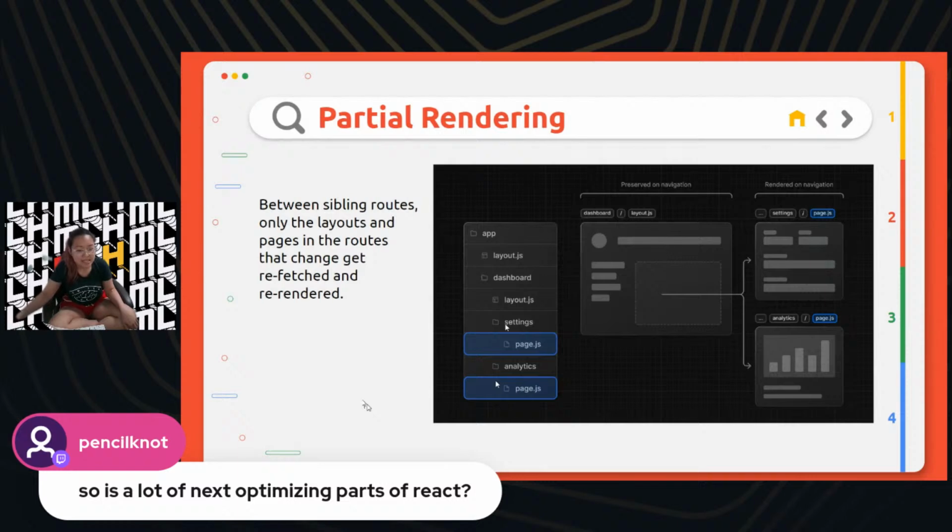Next is using the same concepts as React, where you make components, you render them, and there's hot reloading and all of that stuff, because Next is on top of React. So it is optimizing, and then it's adding things: Next does stuff for you that in React you have to do manually.